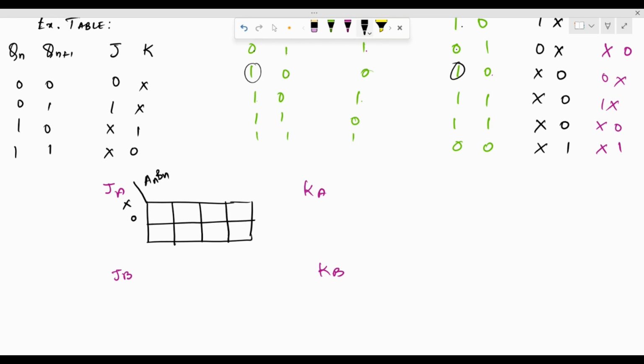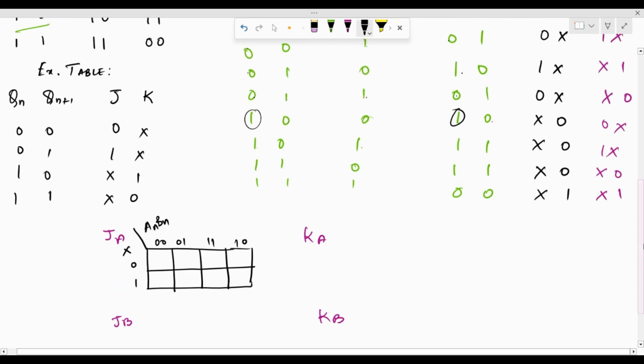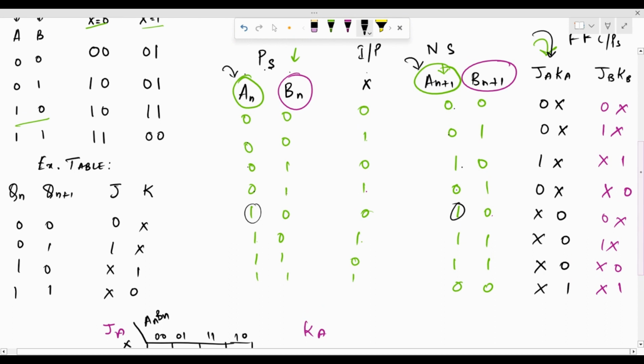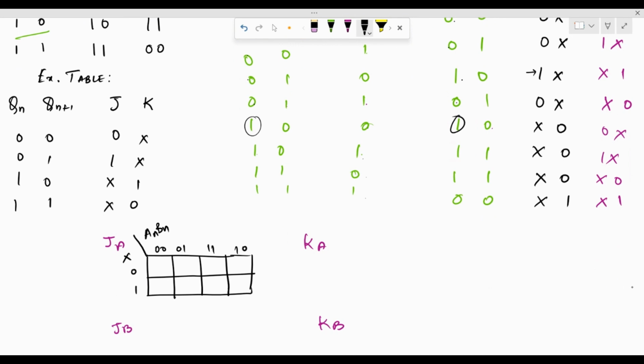So now we can frame this as, for JA we have 0 1 0 as 1, and everything from 4, 5, 6, and 7 as don't cares. So 2 is going to be 1, minterm 2, 0, 1, 2. 4, 5, 6, and 7 are don't cares. So therefore, we can group these two together to form a pair, and therefore the expression for JA would be,